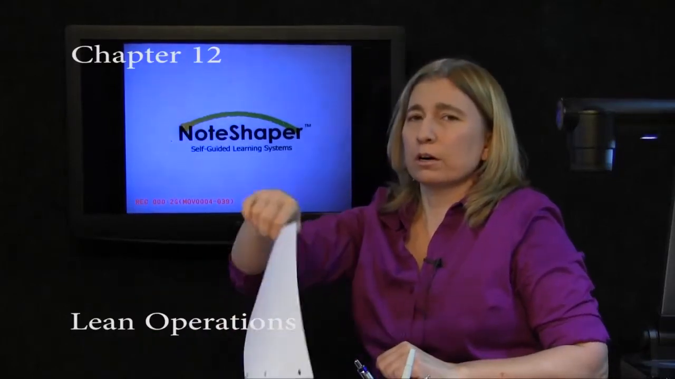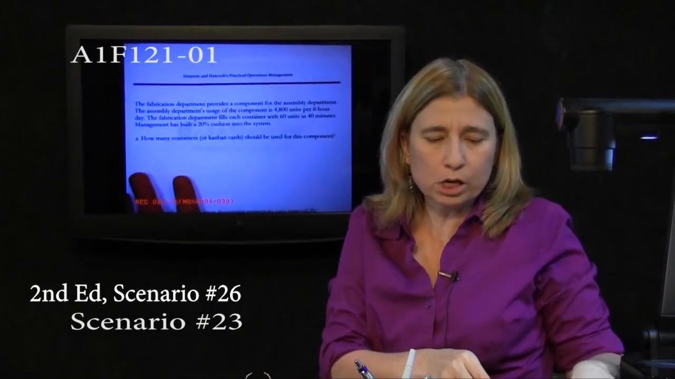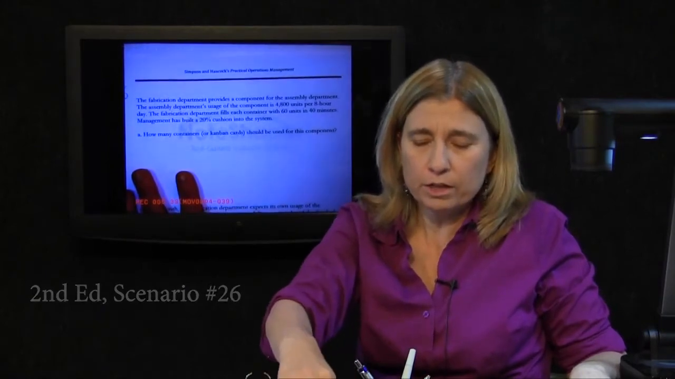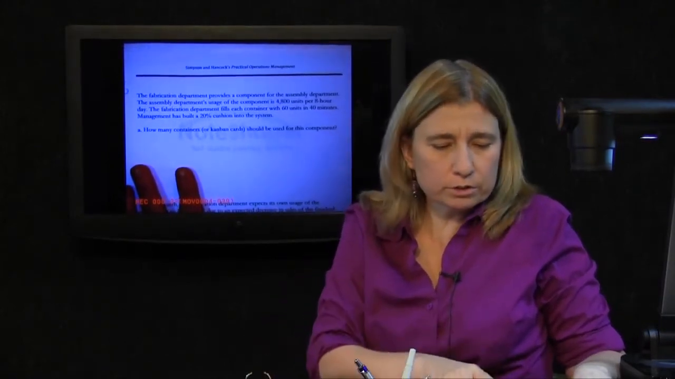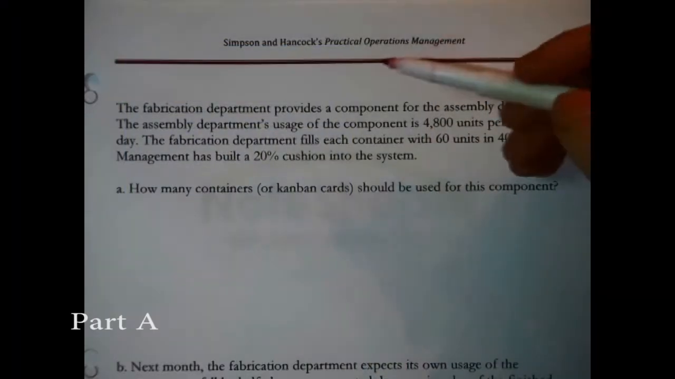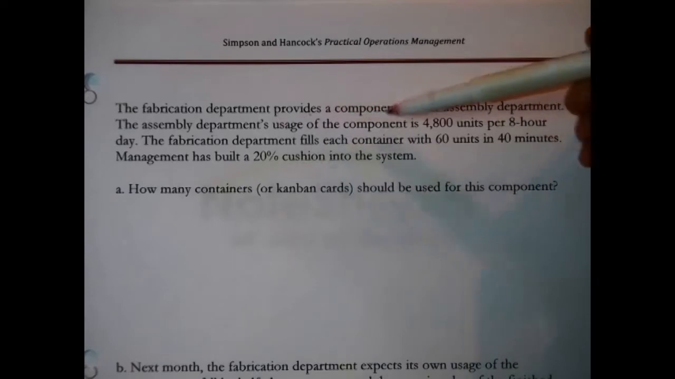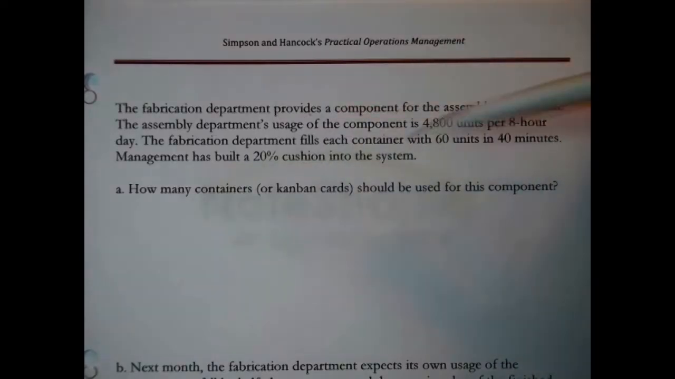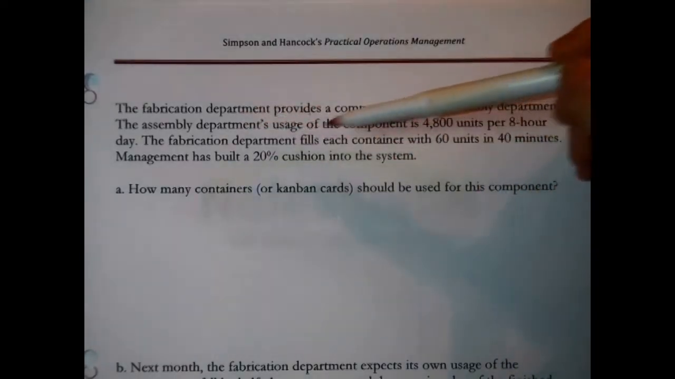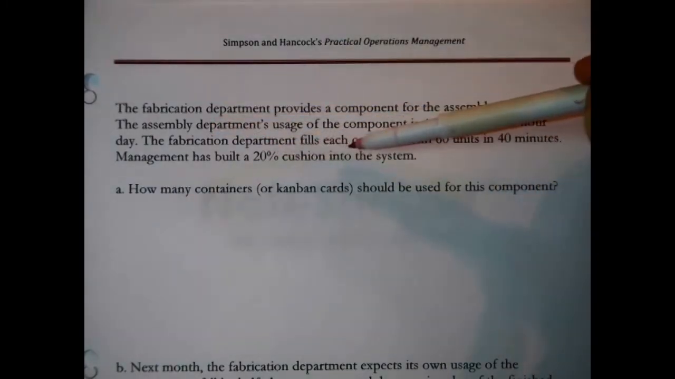Using the Kanban card formula is a question of finding all the components to plug into that formula. This particular scenario is good practice in that. Let's take a look. The fabrication department provides a component for the assembly department. The assembly department's usage of that component, now notice the information, is 4,800 units per 8-hour day. The fabrication department fills each container with 60 units in 40 minutes, and there is this 20% cushion built